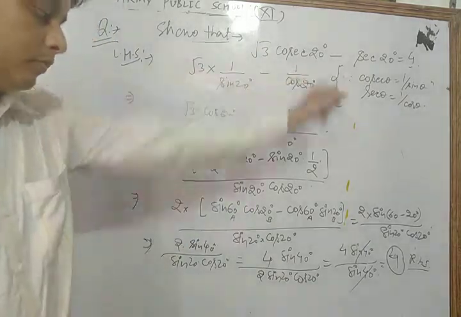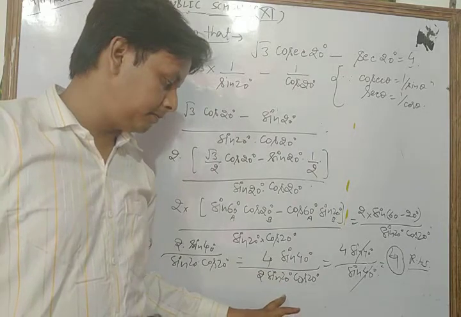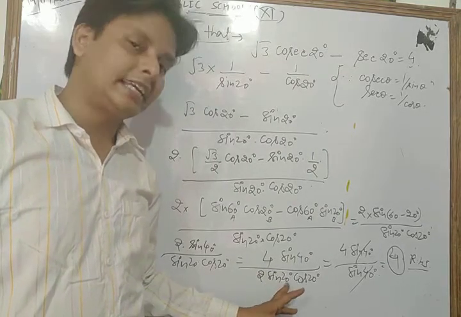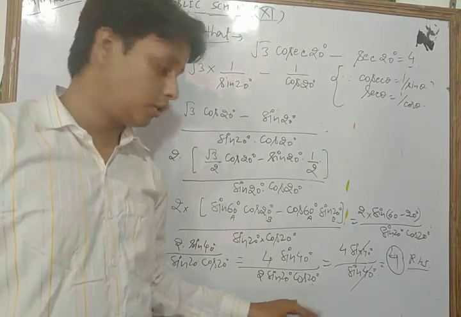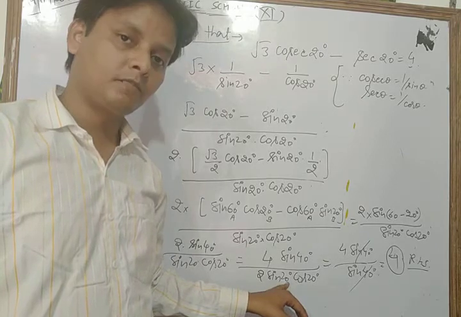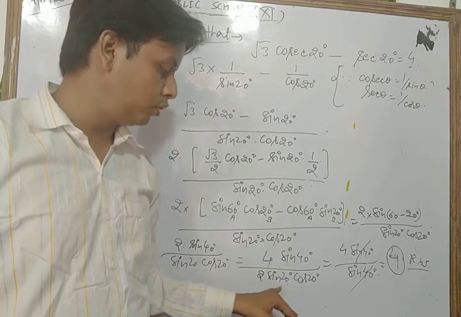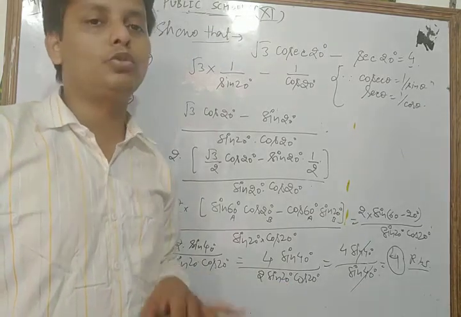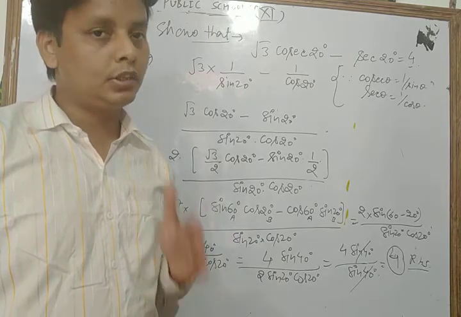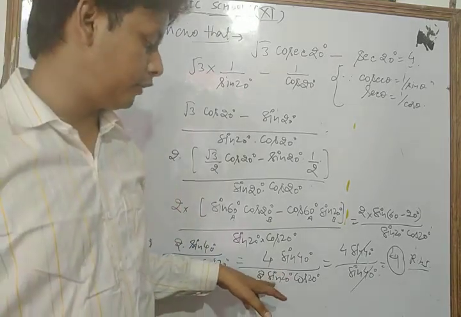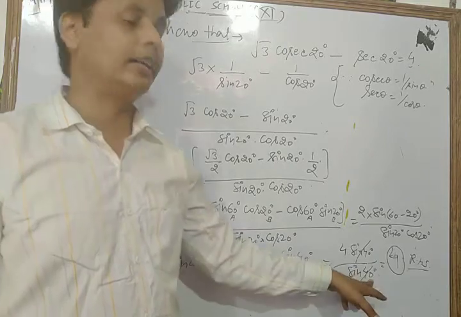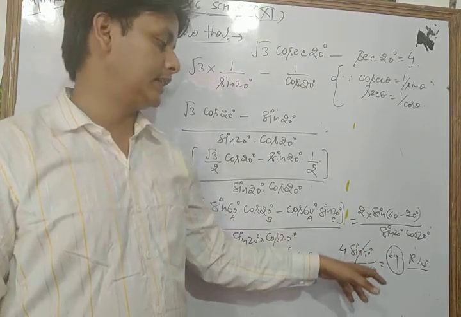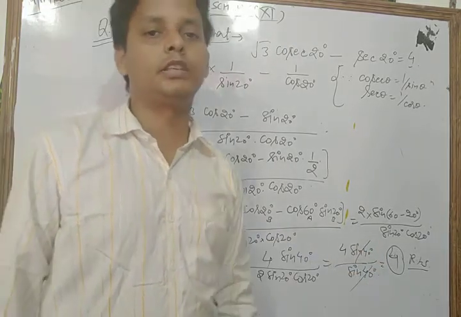Okay, let's see once more. Look, this is 2 sin A into cos B. Here because the theta is 20, it is the same, so we know that 2 sin A into cos A is sin 2A. So here we have sin 2 into 20, that is sin 40, and sin 40 cancel each other, and so we get our result as 4.